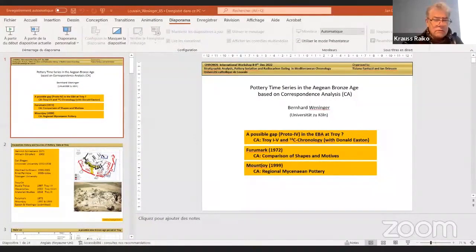And for me, this is a very important introduction because my approach to correspondence analysis is explorative. And if Tiziano tells us that it's probably a linear scale, I don't believe a sausage. This is exactly how I started with correspondence analysis. It was working with linear pottery experts in Frankfurt who were telling me that correspondence analysis would give you a wonderful timescale. And I said, where have you shown this? And they told me, you don't have to show it. It comes out of the theory. And I said, I'm an experimentalist. I want to see it. And that is why I started off with the correspondence analysis of Troy, because